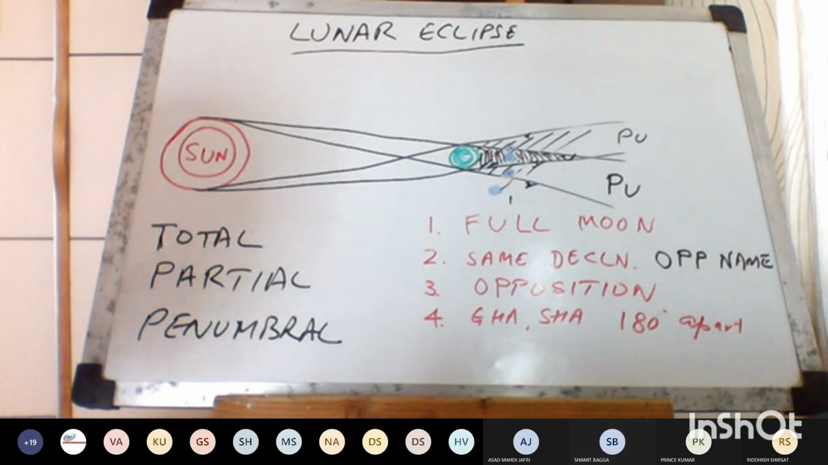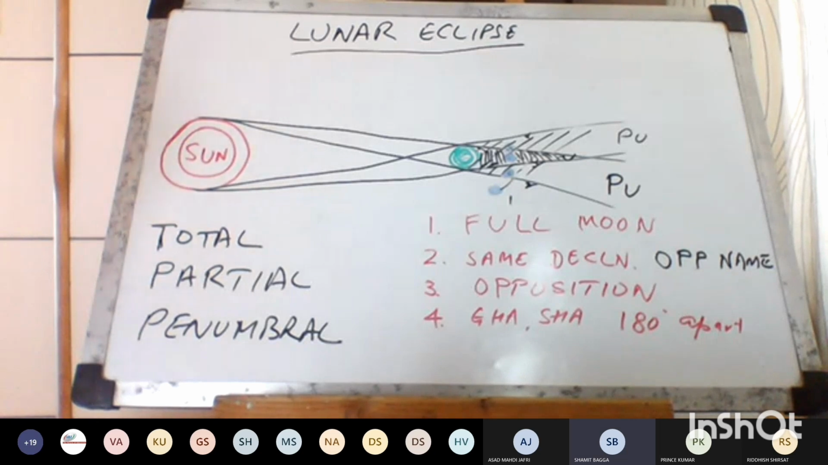I will take you to the summary. It is almost the same. And then I will also show you what is the total, partial and penumbral. It is almost the same the way we spoke about the sun. The moon